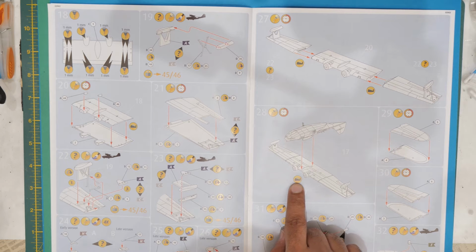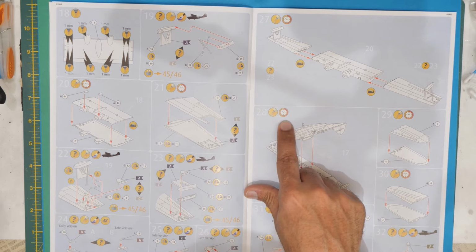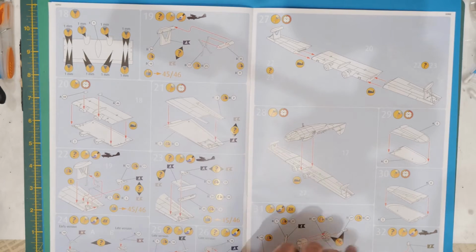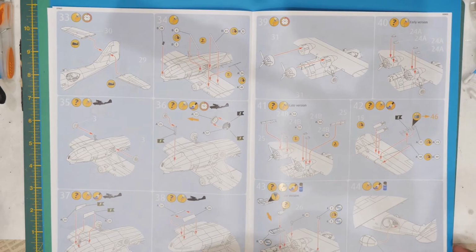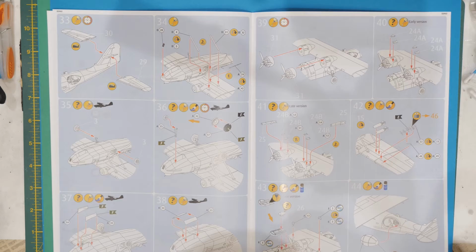Got some sellotape there, so apparently you need to hold it together with tape. Also, little clock there, so you need to leave it ages to dry. That's basically 3 of the things on this page. Anyway, 4. 1, 2, 3, 4. Anyway, next page, got sections 33 to 44 inclusive, which is fixing the little bits on the outside of